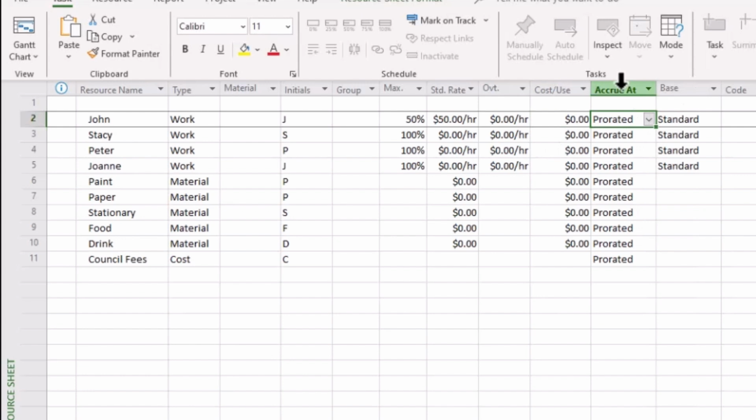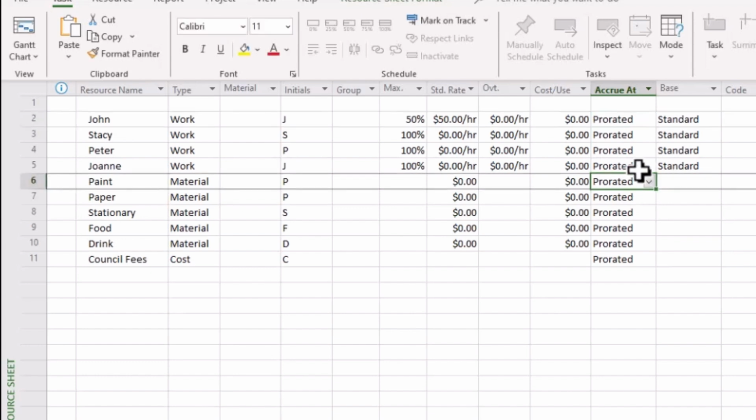The next column is accrue at, and this gives us 3 options for the manner in which we're going to pay these staff. It can either be that we pay them up front or at the start of works, we may have an option to pay as you go or a prorated arrangement, or we can choose to apply payment for these services after the job is done.